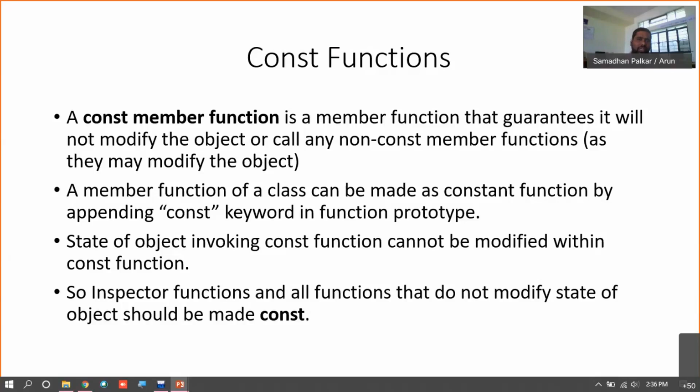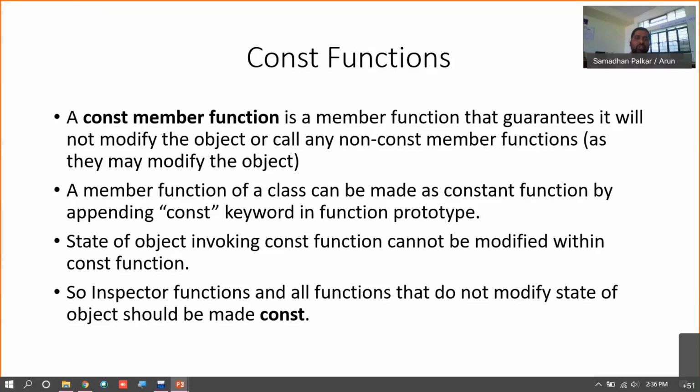So how this keyword works, you need to have a function declaration, wherein you write the return type of the function, then the function name, then the rounded brackets, and then you need to mention the constant keyword. So this is simply the syntax for this, right?